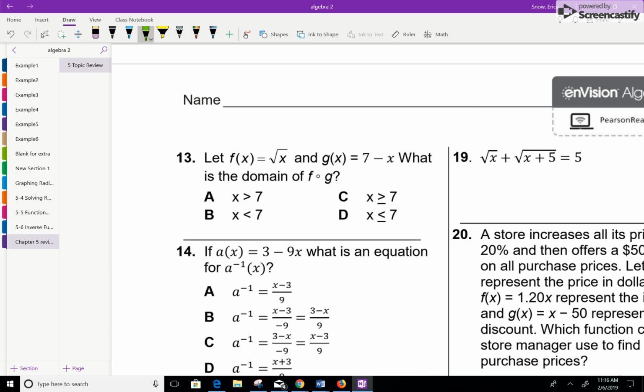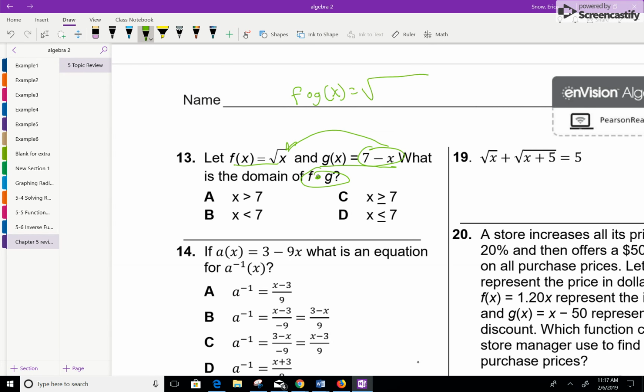Okay, we are now on the back of your review sheet. Question 13 says, this is our f of x, this is our g of x. What's the domain of f of g? That little circle means that we're going to plug g of x in for the x in f of x, which means that f of g